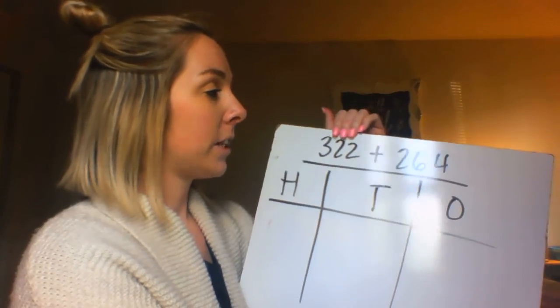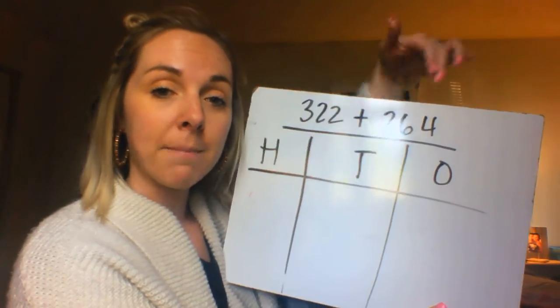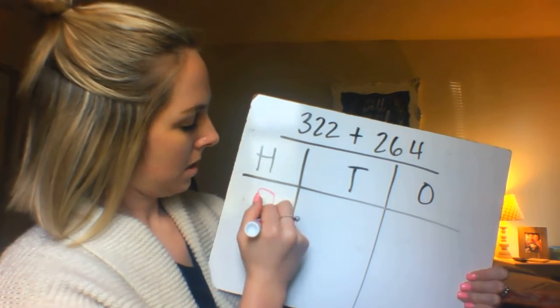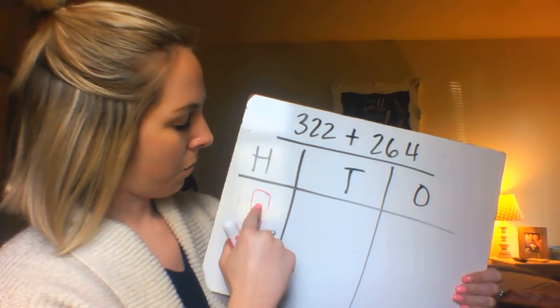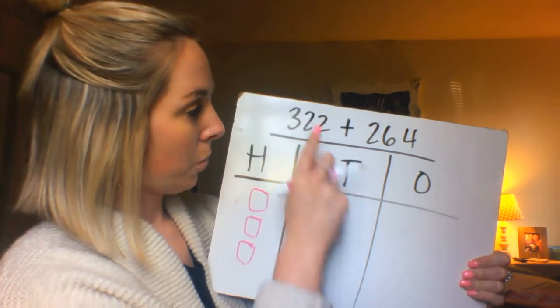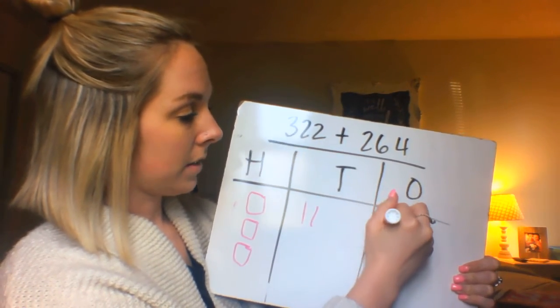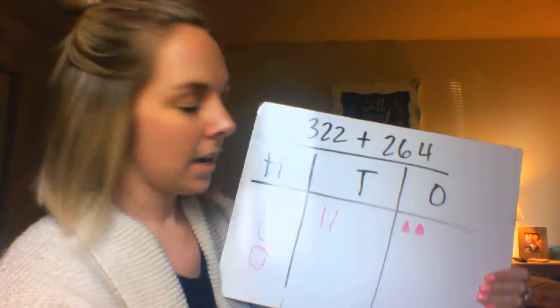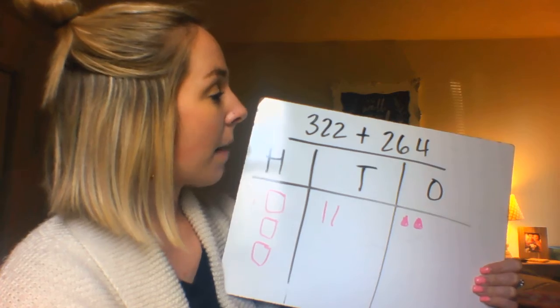All right, so my first one is 322, so I'm going to draw that in my HTO. So I have 300s: 100, 200, 300. I have 2 10s: 10, 20. And then I have 2 1s: 1, 2. Okay, those look like triangles, same thing. All right, now I'm going to add